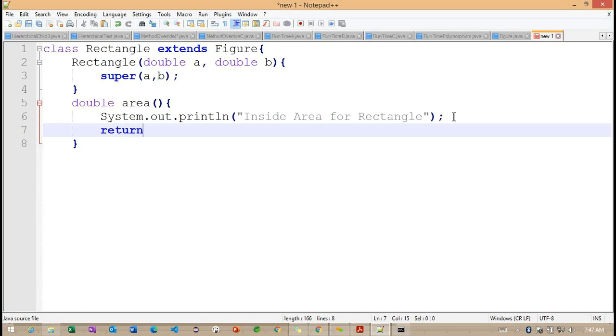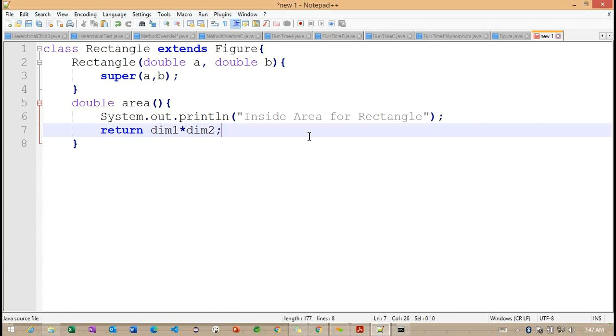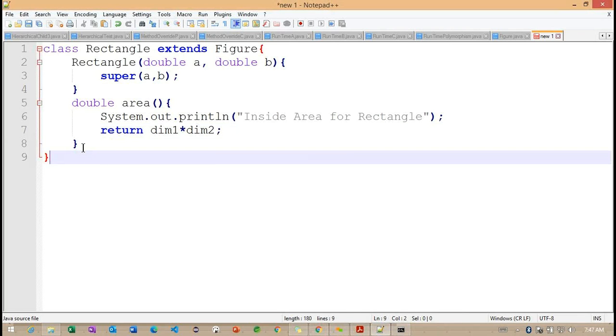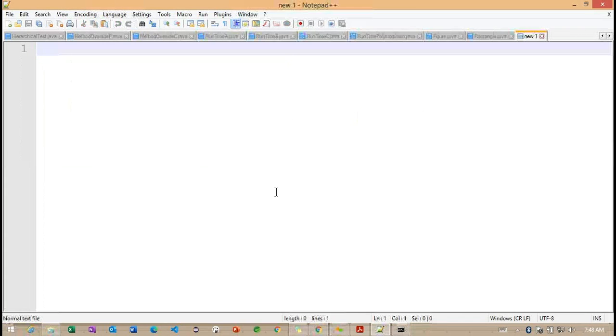What are the variables we have? dimension1 and dimension2. Getting the point. Now I'm trying to work with dimension1 and dimension2 and multiply them. After this, I'm going to close this Rectangle class. Save this Rectangle class.